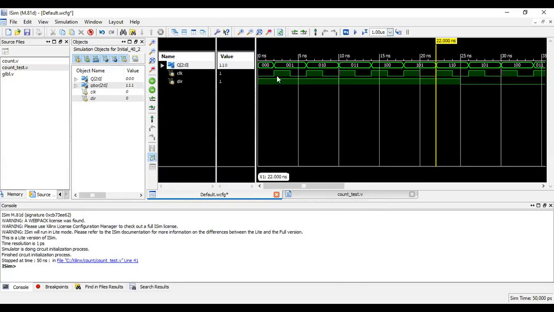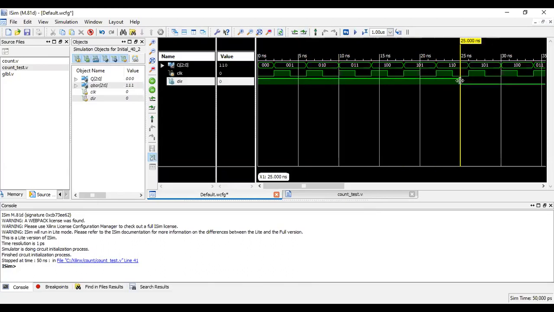Now the counter is acting both like an up counter and down counter. So if you can see, when direction is equal to 1, it is acting like an up counter, and direction is equal to 0, it is acting like a down counter. Observe this: 0, 1, 2, 3, 4, 5, 6. Then here, if you can see at this point, direction is 0.